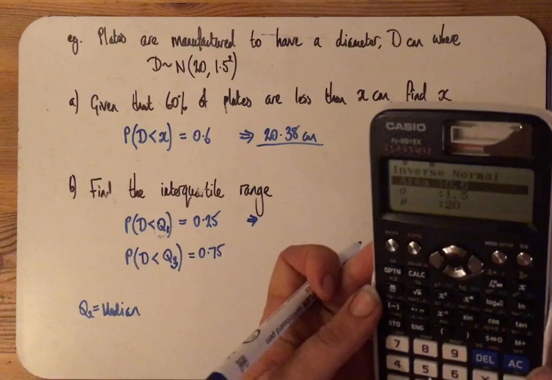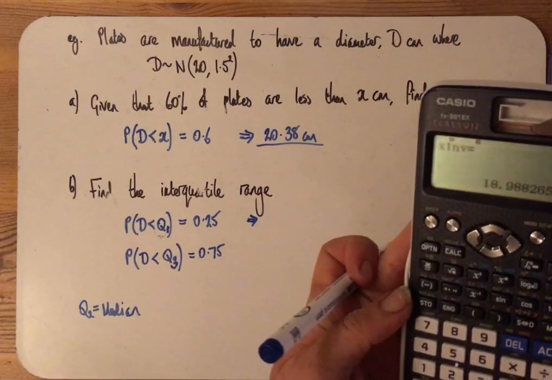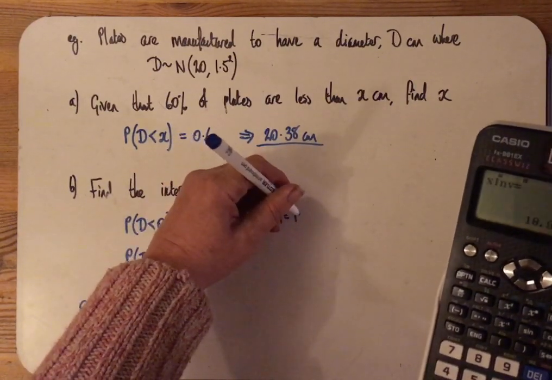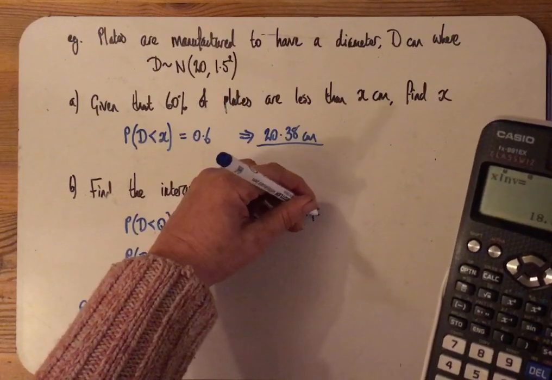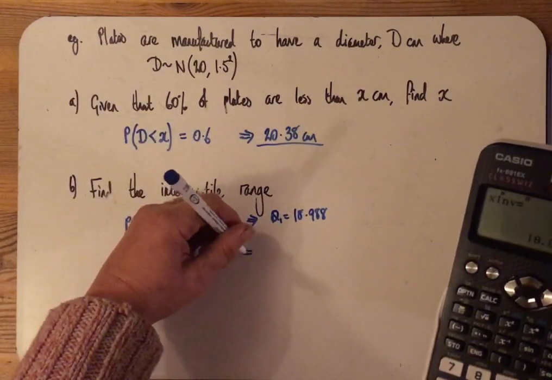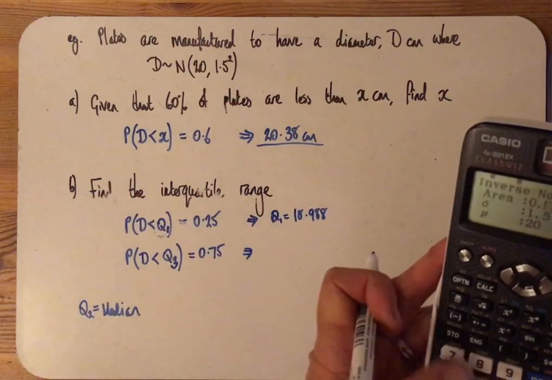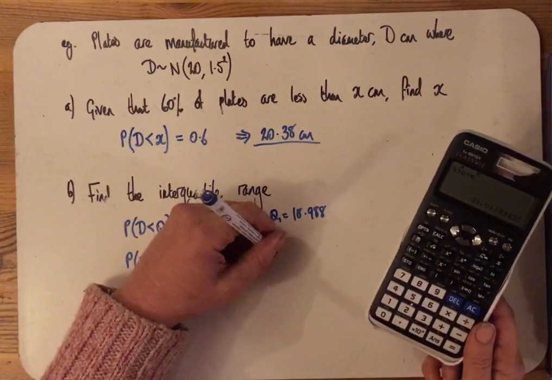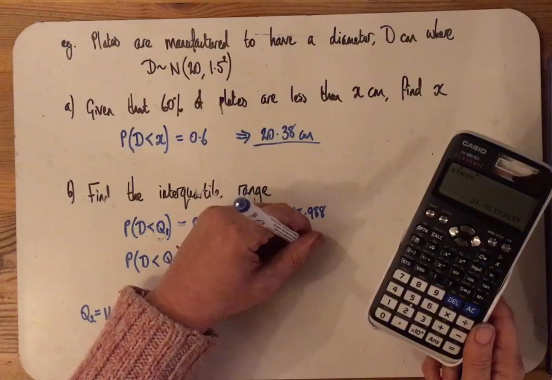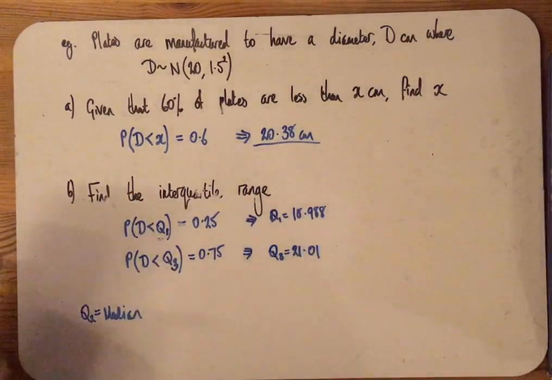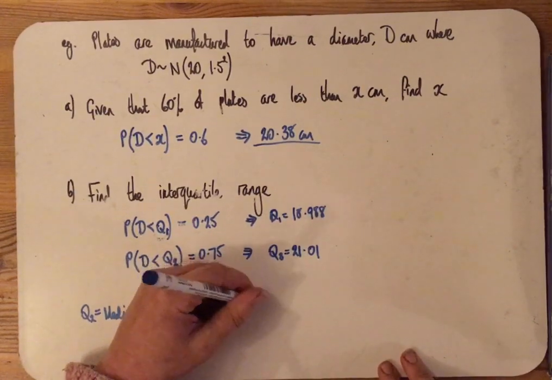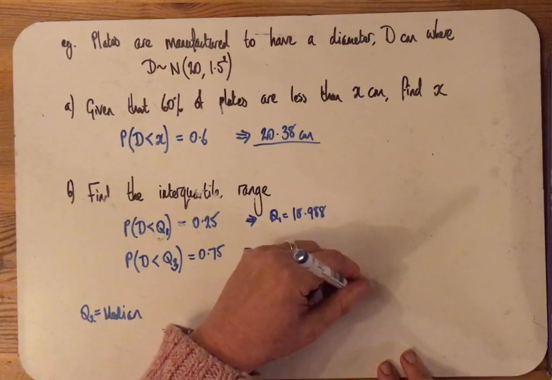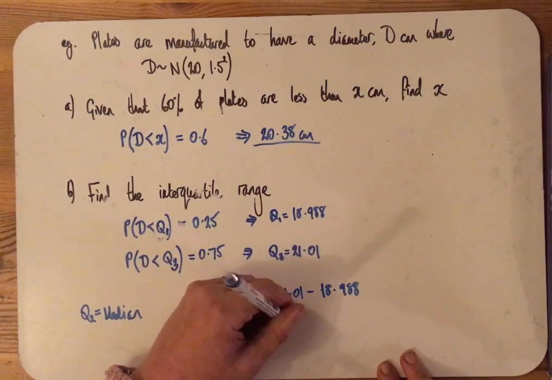So it's just inverse normal, 0.25 for the lower quartile. That gives you 18.988. And then doing the same for the upper quartile, so 0.75, gives me an upper quartile of 21.01. And then the interquartile range is upper quartile minus the lower quartile, and that gives you 2.02